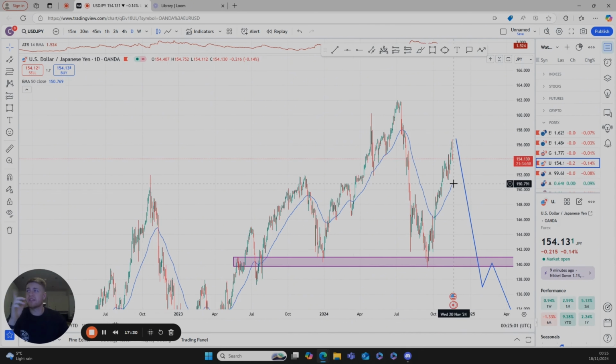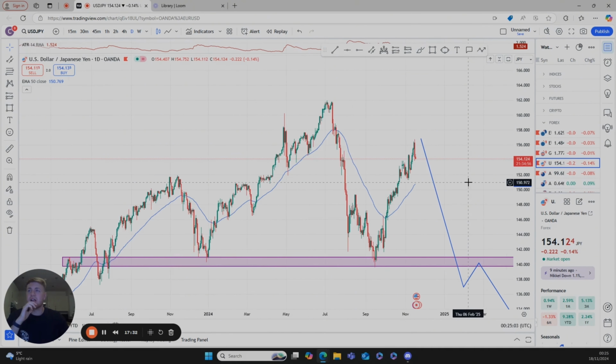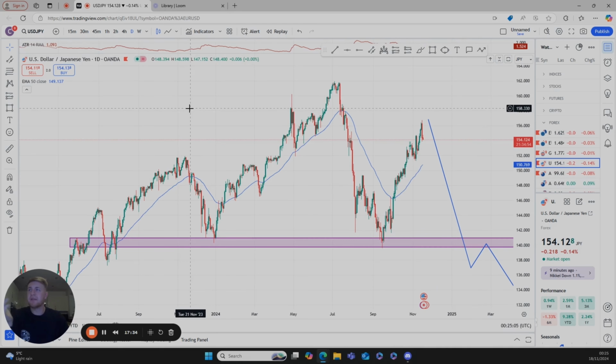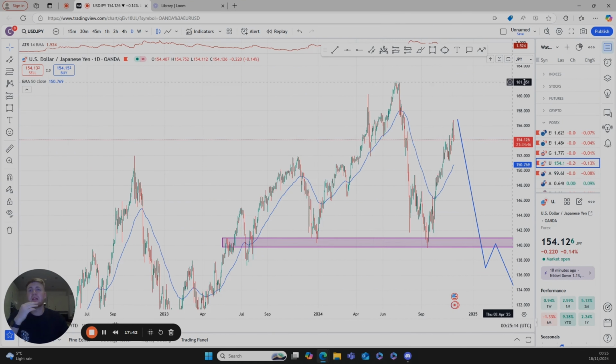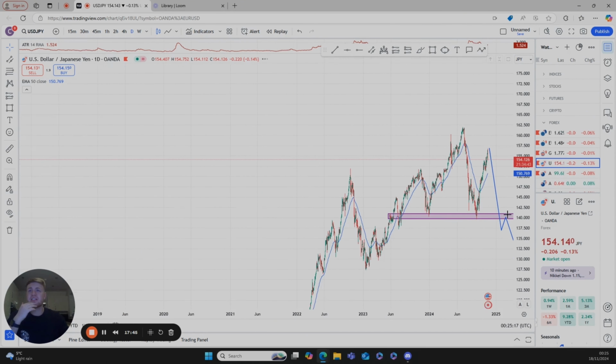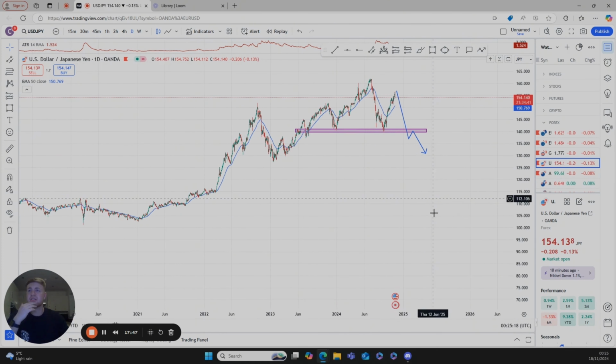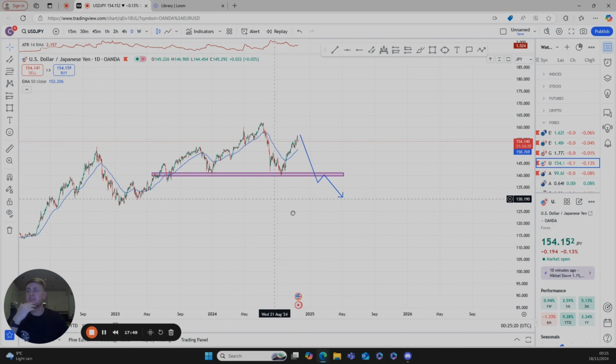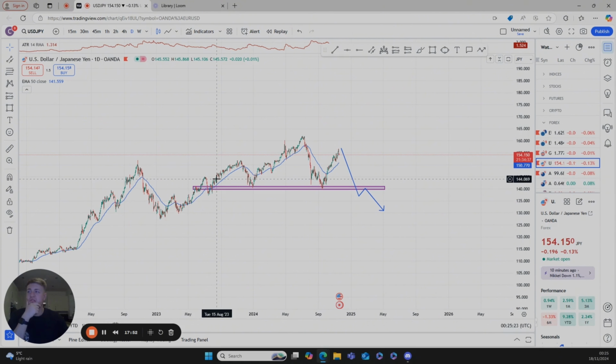So this is the USD Japanese yen. We're looking at the day time frame, and this head and shoulders is massive if it does occur, which may mean that the trade to the downside is even bigger. Who knows? But if you see here in this day time frame, left shoulder, head, right shoulder, all come down to this area of interest, or area of support.